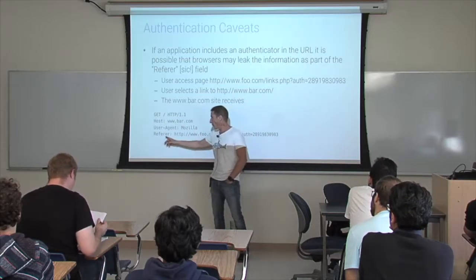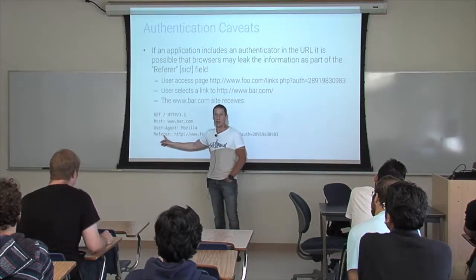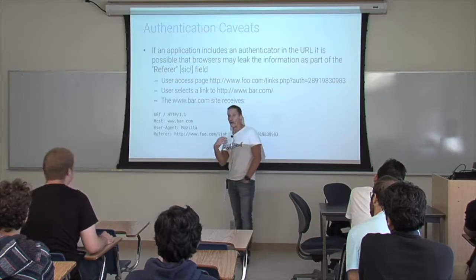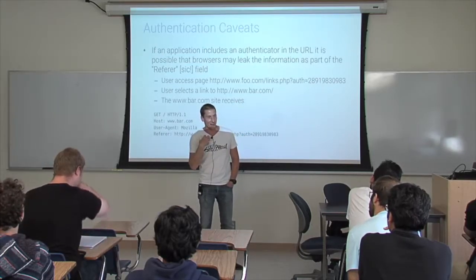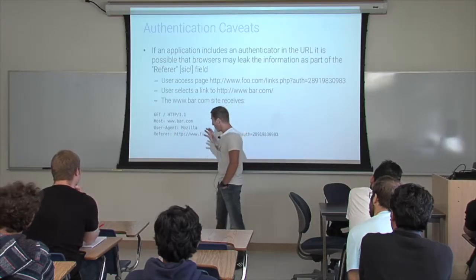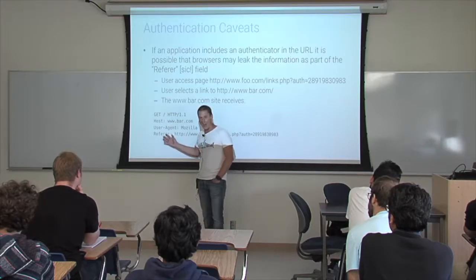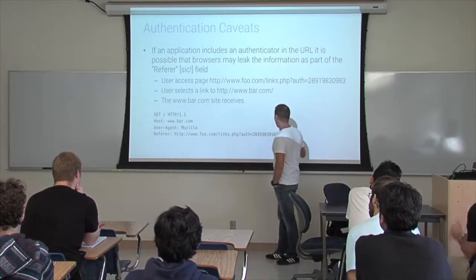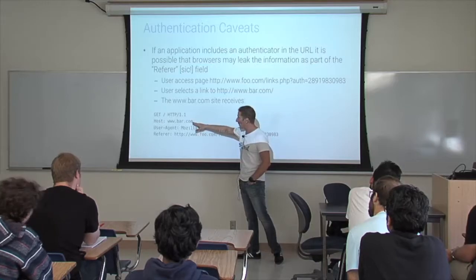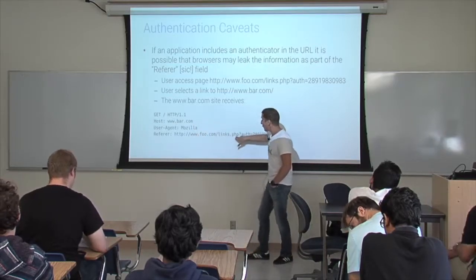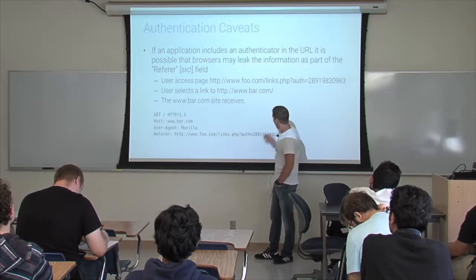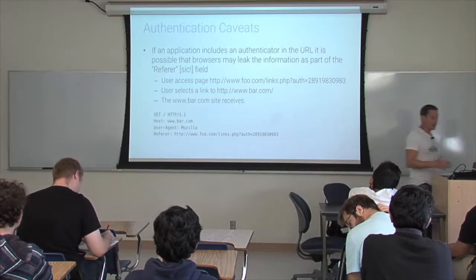Note that referrer should have two R's, but it's actually set in the HTTP protocol as misspelled. For an anal retentive person like me that is always fixing the spelling and the grammar of things, it's always terrible having to witness this impossible to correct obvious mistake. But it is what it is. And so you can see that in this case, since somebody clicked on www.bar.com from a page that was initially requested, this URL is included in the referrer, and maybe no one notices, but in a way it is giving out your authentication code.